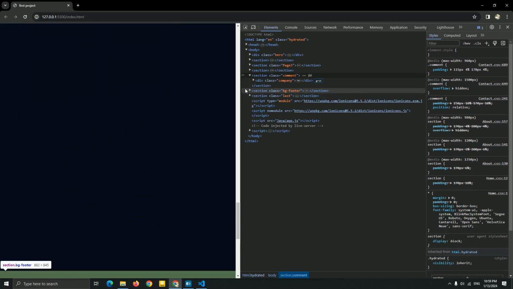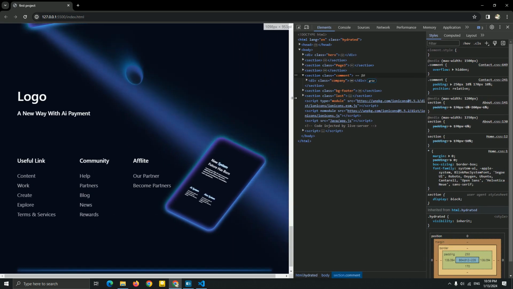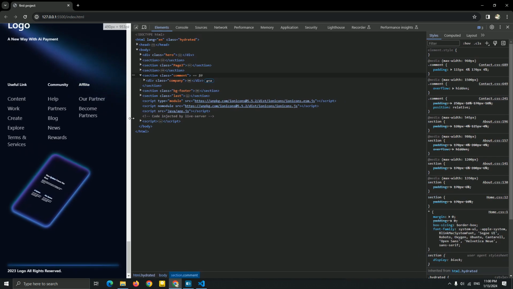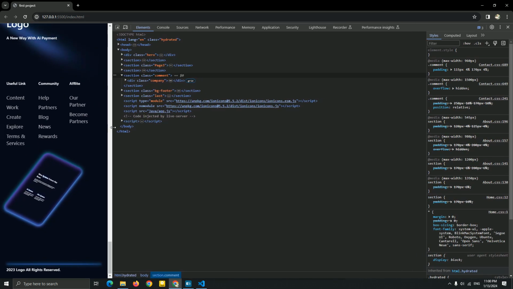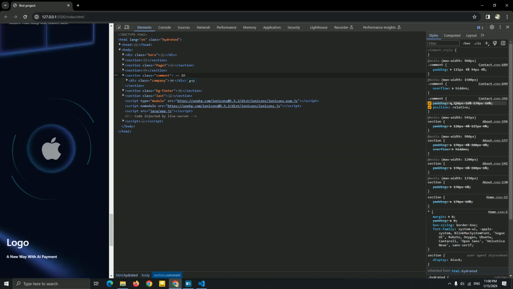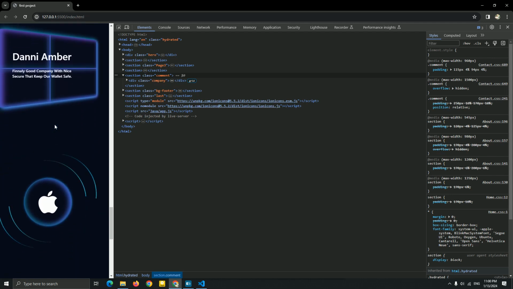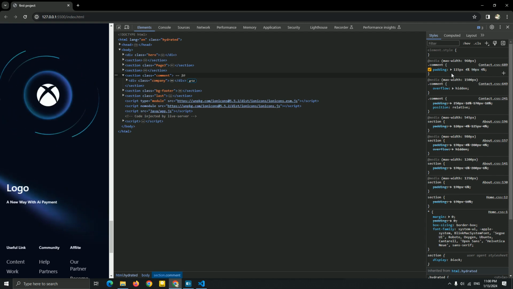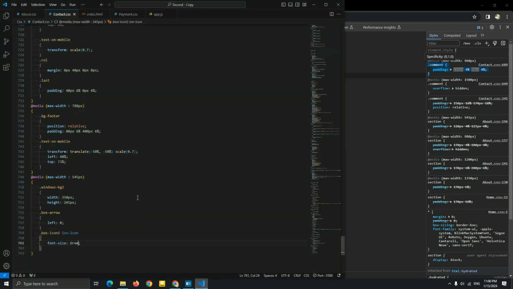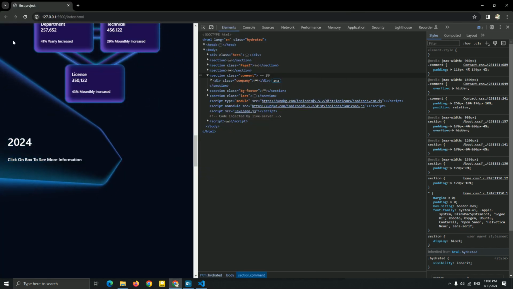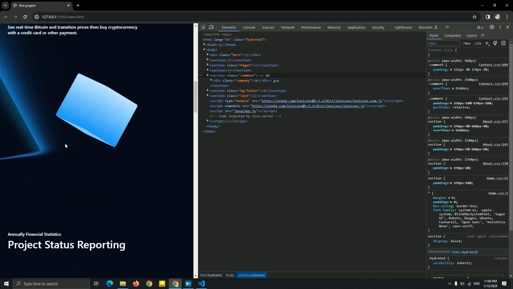Let me see what else we need. Let me decrease a little the size of this padding. Okay, yeah. I'm just gonna copy this and paste it for this media, guys. There we go. So this is everything you need to create this, guys.